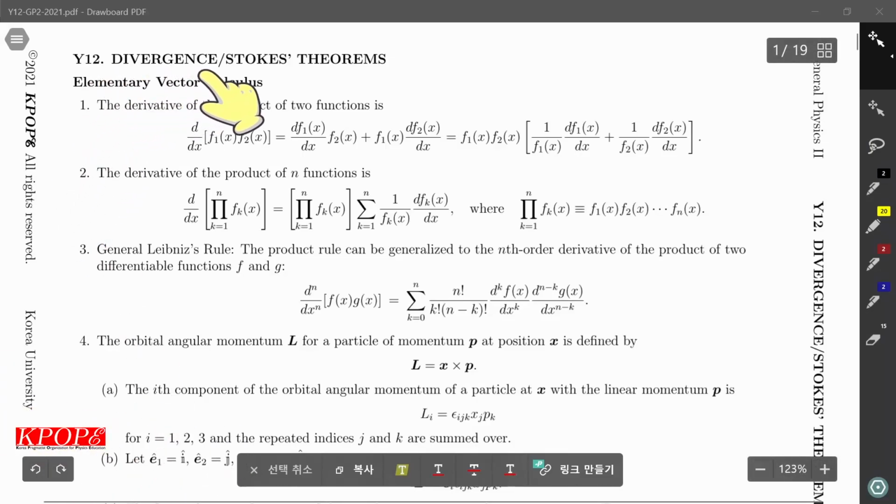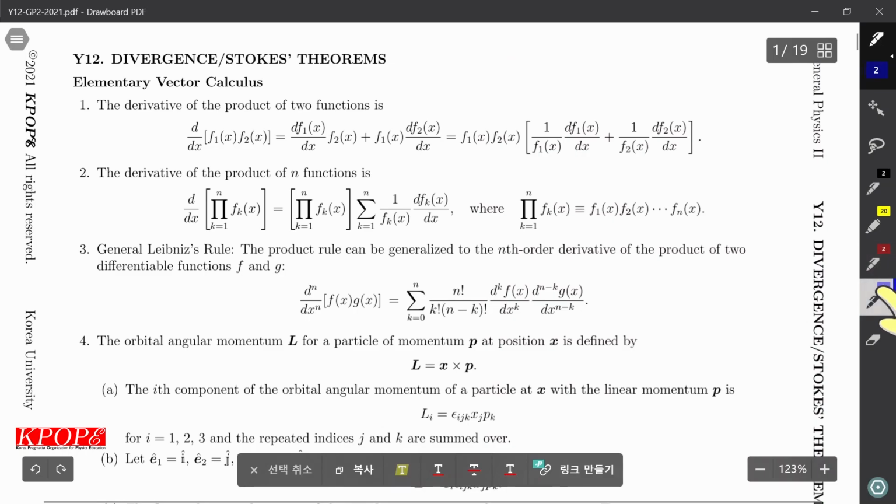Today we study divergence and Stokes theorem. We first study the elementary vector calculus. Derivative of two functions,